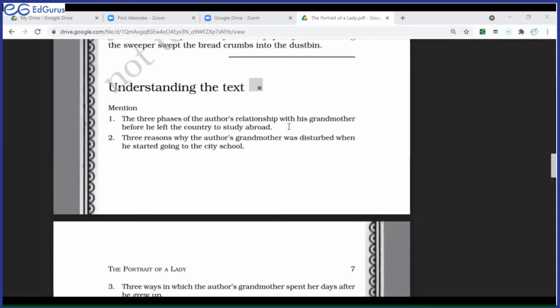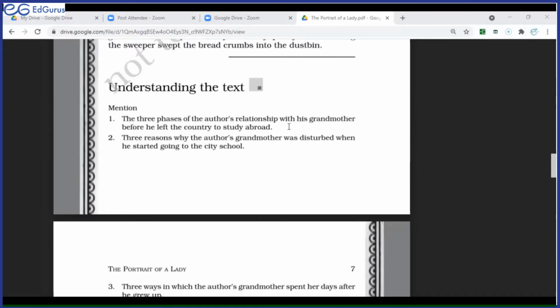No, because they were physically distant from each other, but their emotional bonding was intact. Both the author and his grandmother loved each other. However, they were distant from each other, but their love did not diminish. And after that, he went to study